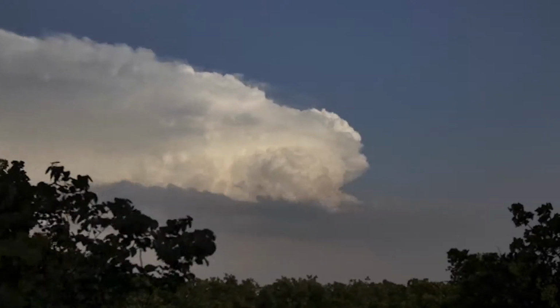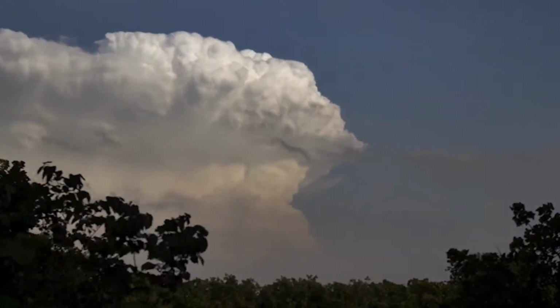Yet we always knew there were shortcomings in the ability of satellites to monitor the evolution of some of the